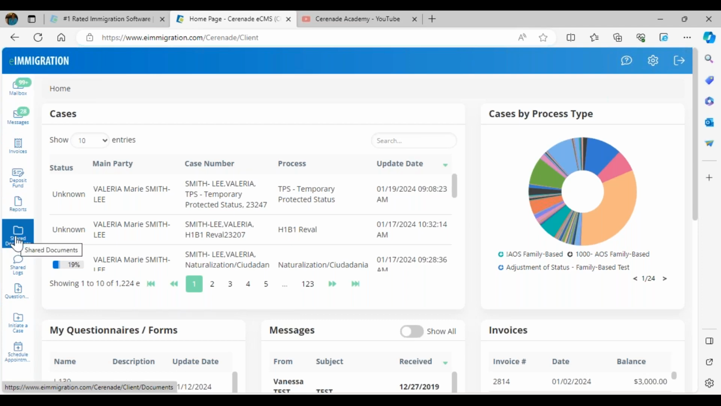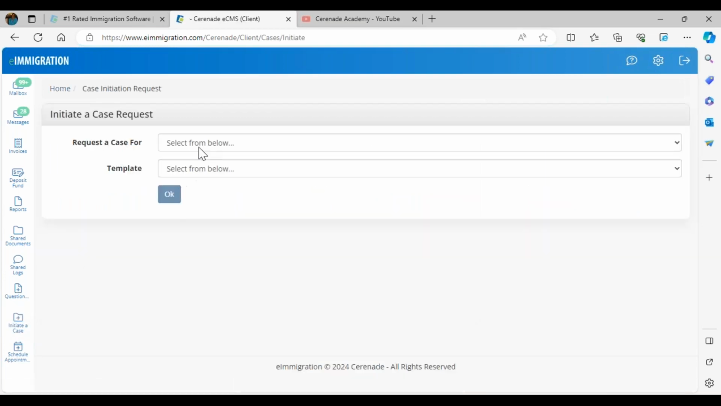And so if you are not subscribed to billing, of course, then your clients won't see any invoices. Same thing as sharing reports or initiating a case. So this is another module. Especially this one works for employment-based cases. If you do handle employment-based cases, I highly recommend that you get this case initiation request,